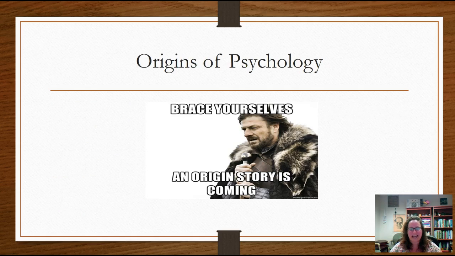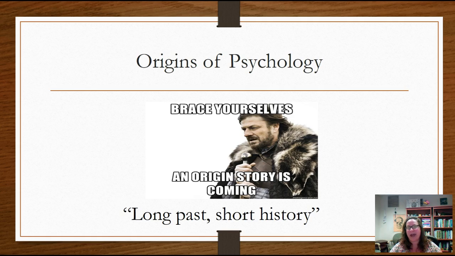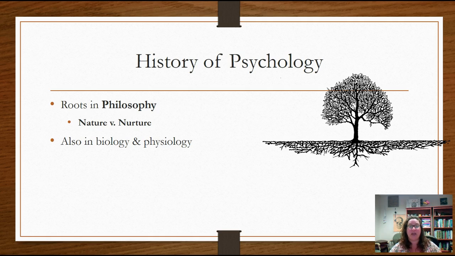The origins of psychology: we say that psychology has a long past but a short history. We have a long past because we can trace our roots way back into philosophy. So this big debate of, are people products of their nature? Is it something they're born with that makes us who we are? Or products of nurture, so what we receive from our environment. So if you have somebody who is diagnosed with schizophrenia, that'd be something we would want to understand. Is it something they were born with, or is it a product of their environment? Well, most of the time now we say it's a mixture of both. So it's not just nature or just nurture.